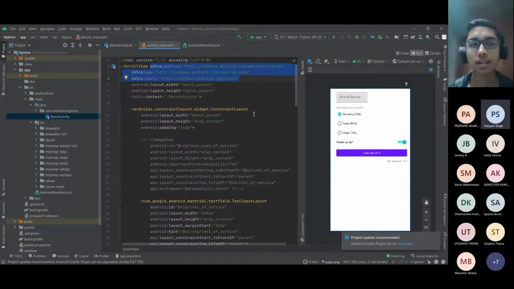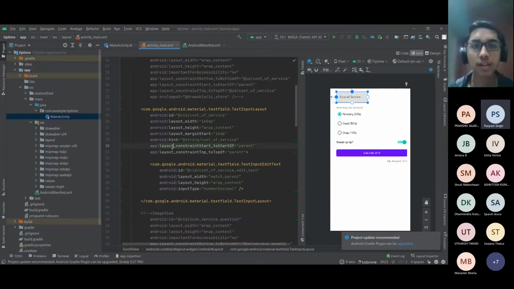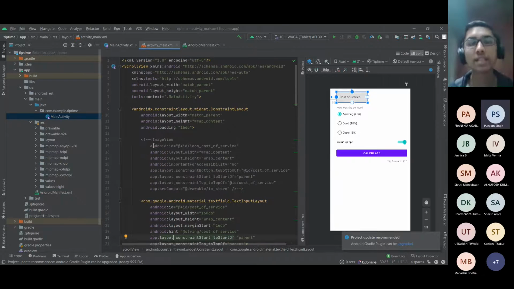That's where XML namespace comes in, right? It basically says that for the namespace Android, get it from this website, or the website is just used as a reference. Sometimes it actually links to the website, but it basically says, hey, use the Android version of the text view. So that's why it's specified everywhere, saying the layout width is specified in Android, then we have the layout constraint specified in app, and things like that.